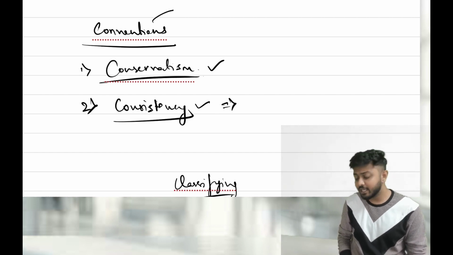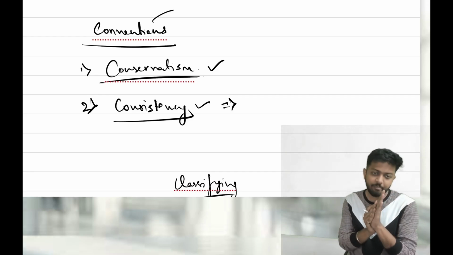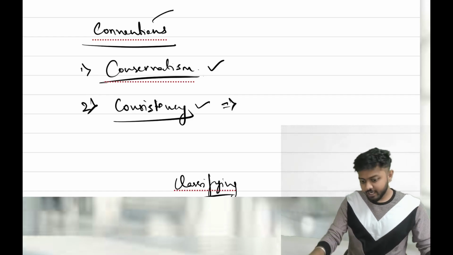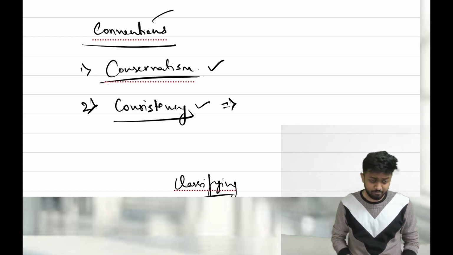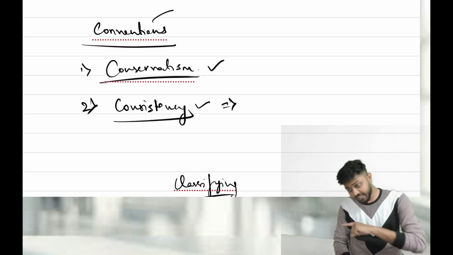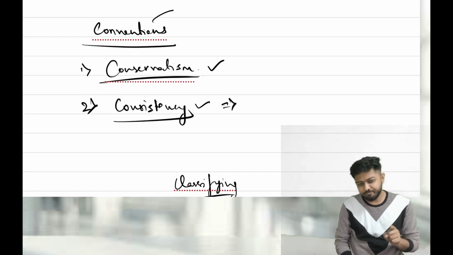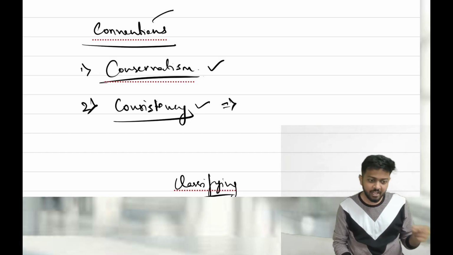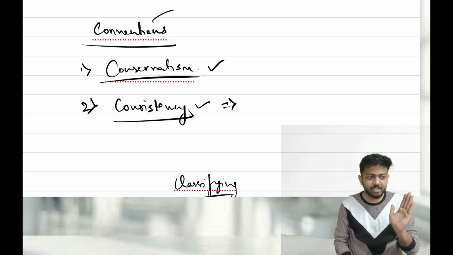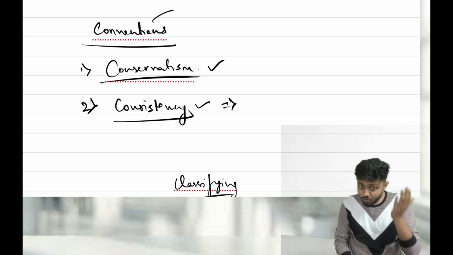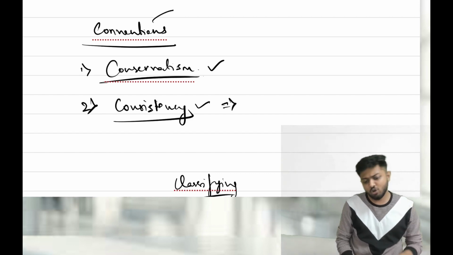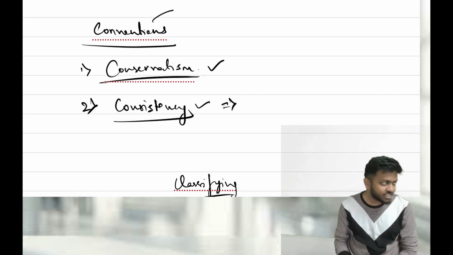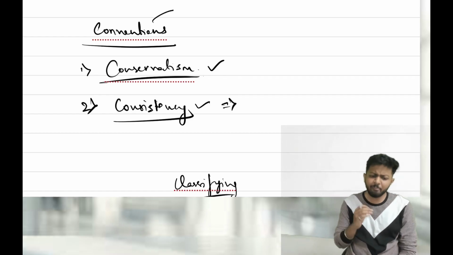What is comparability? Once you prepare financial statements, balance sheet and P&L, they are used for comparing. Okay, to compare what? They are used either to compare your financials or your performance with other companies in the market, or to compare your performance with the previous year's performance. No matter what, you are using financial statements for comparing. So one of the features of financial statements is comparability.